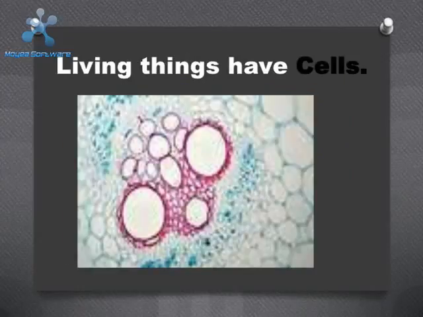Yes, now the next characteristic of living things is that they have cells. Their body is made up of cells. Yes, we are made up of different cells. हमारी जो body है वो बहुत सारी cells से मिलकर बनती है. In the picture you can identify the cells. इसमें आपको दिखाई दे रहा है cells कैसी होती हैं. And yes, plant cells भी होते हैं, animals की body में भी cells होते हैं, and we also have cells. So it means that all the living beings' bodies are made up of cells.